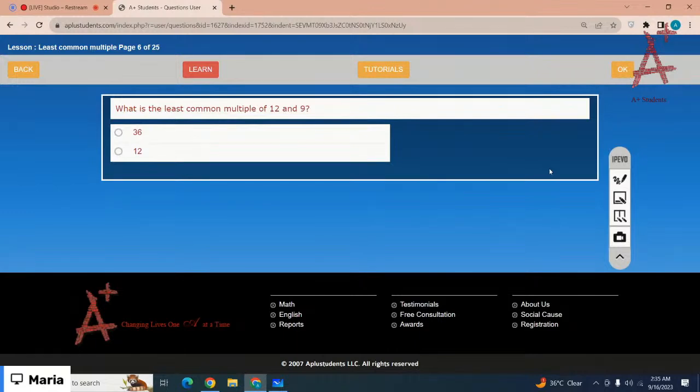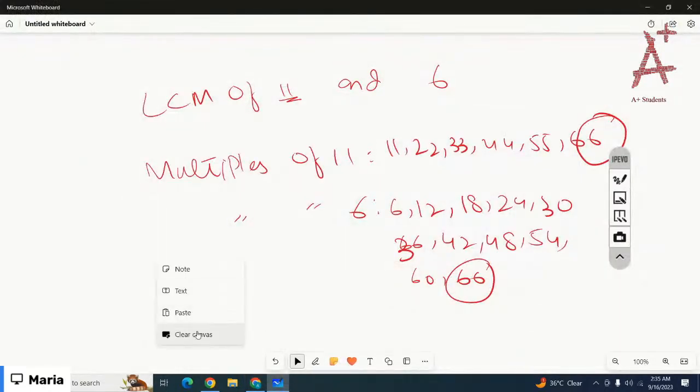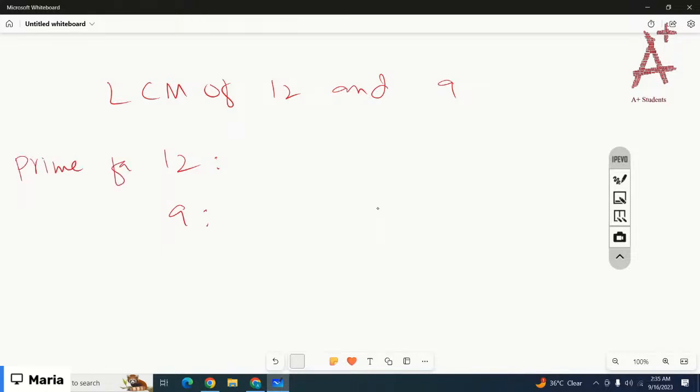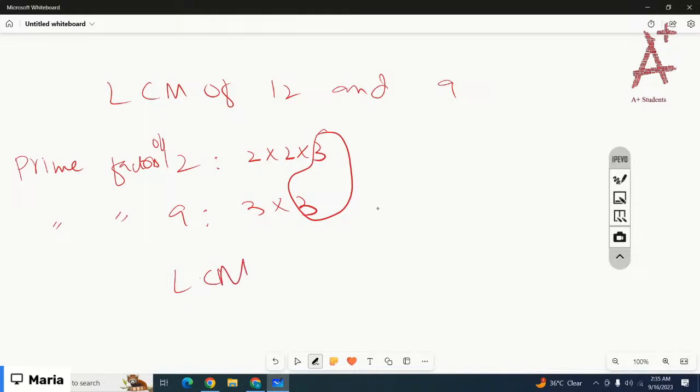What is the least common multiple of 12 and 9? Okay, you have to calculate the least common multiple of 12 and 9. You can calculate LCM by writing the prime factors of both the numbers, right? Let's just write down the prime factors of 12. Prime factors of 12 are 2 times 2 is 4 and 4 times 3 is 12. For 9, they are 3 times 3. So the only common number is 3. That means the least common multiple is 3,